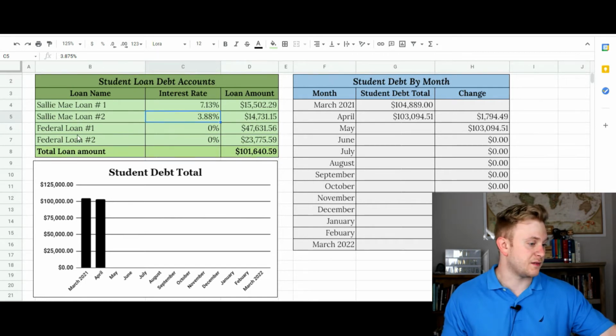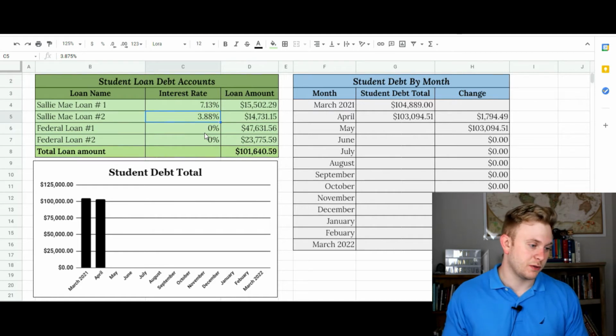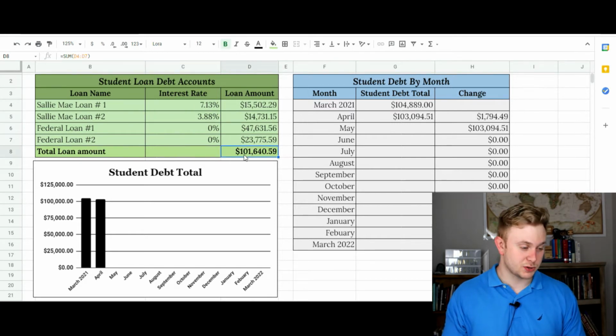$14,731.15. And then federal loans, which currently sit at a 0% interest rate, that is because they are being deferred right now. They're in forbearance. Nothing's actually due on them. And the first one is $47,631.56. The second loan I have for the government is $23,775.59. And at the time of filming this video, I am now down to